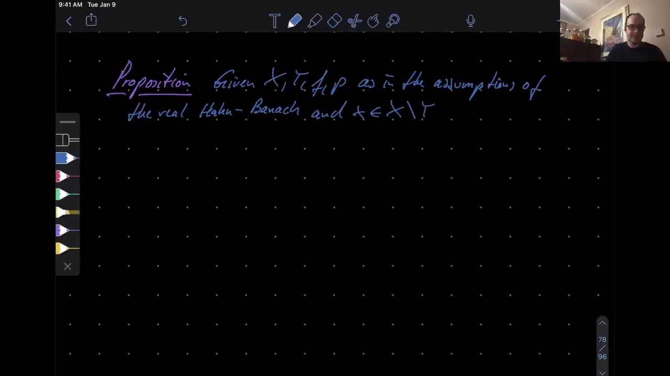I mean, if it is, then the statement of the Hahn-Banach theorem is trivially satisfied. Just take capital F equal to small f. Okay. All right, so an x in there. There exists a linear functional